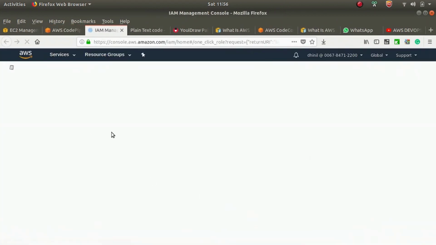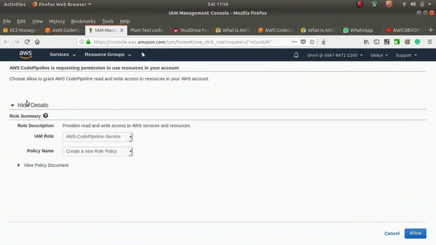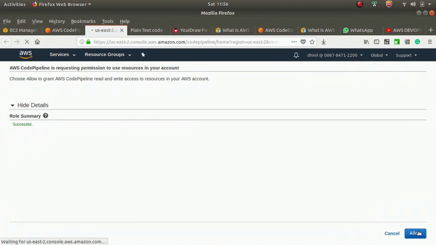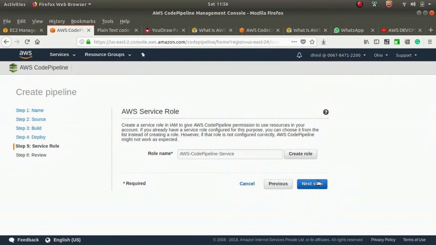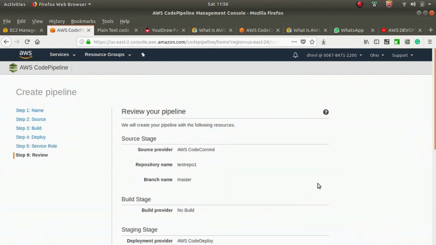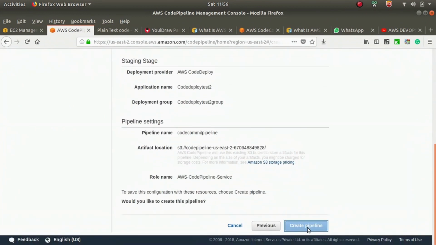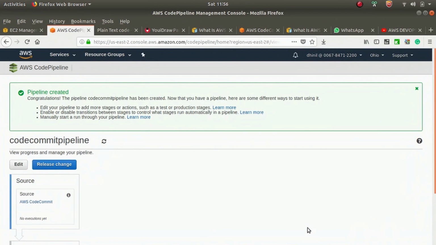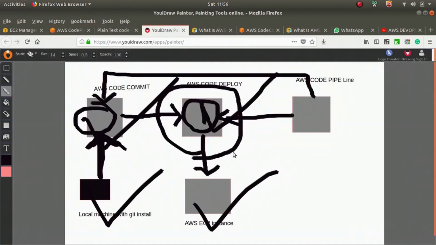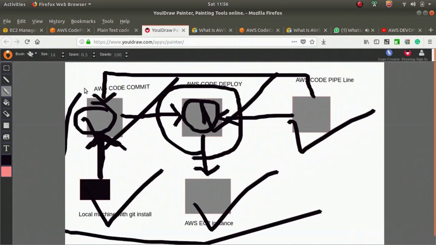Don't need to change anything here, just press allow, then press the next step and review the configuration, create pipeline. That's all. Now our pipeline is created. So we have completed our lab setup.